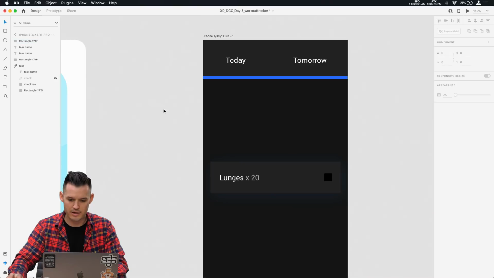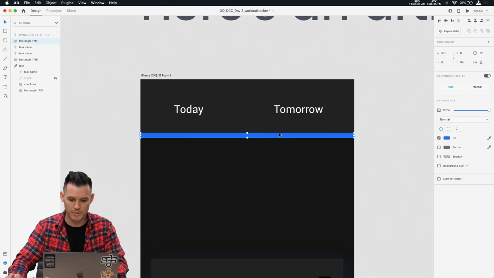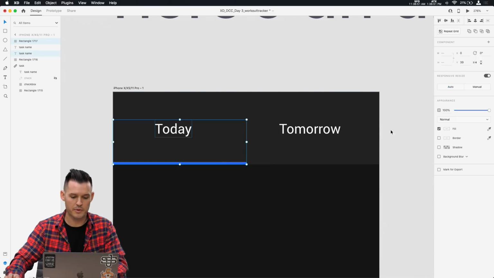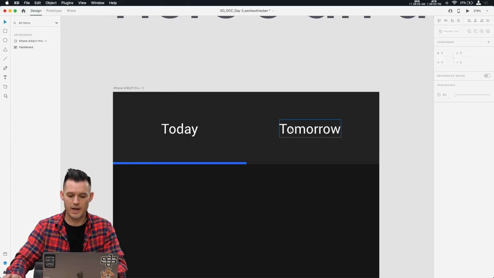And let's get our accent color working, okay? That's really big. We don't want it quite that big. Just something to indicate that we are working on today. And what I love about this is if I zoom in real tight so you can see, I'm just gonna grab my rectangle and make sure it's perfectly half. Little quick alignment tutorial for you. I'm gonna grab that element and align it using my alignment tools. So now we have today and tomorrow.